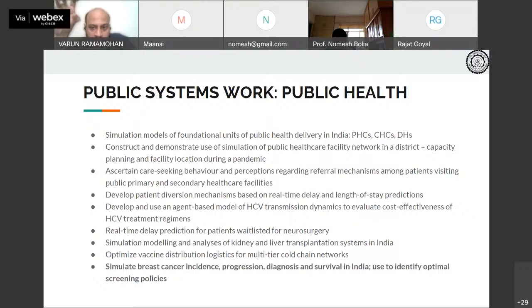And so with every project that we do, we try to see, okay, is there something methodological also that we can do? So that is something that we look at. So even if you look at, for example, today's project, which is about the development of a simulation model for breast cancer incidence, progression, diagnosis, and survival in India, what we found is that the availability of data in the Indian context